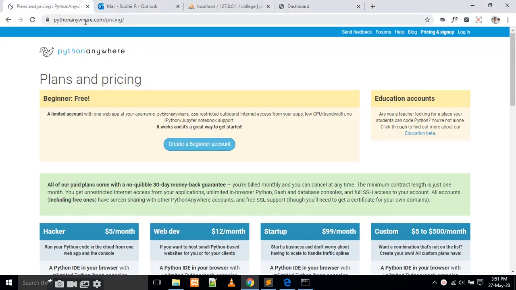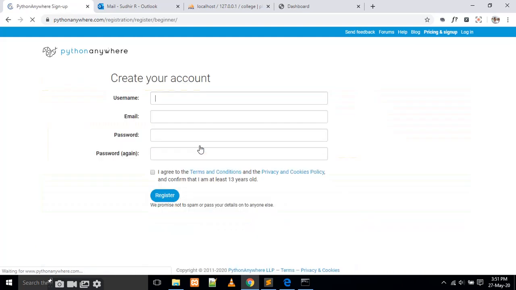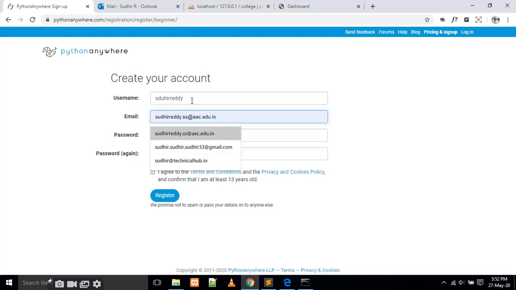Just go to pythonanywhere.com, click on sign up, then click on create a beginner account. Now I am going to create an account here with the username SUDHERREGDY, and the email is at technical hub, and this is my mail ID.